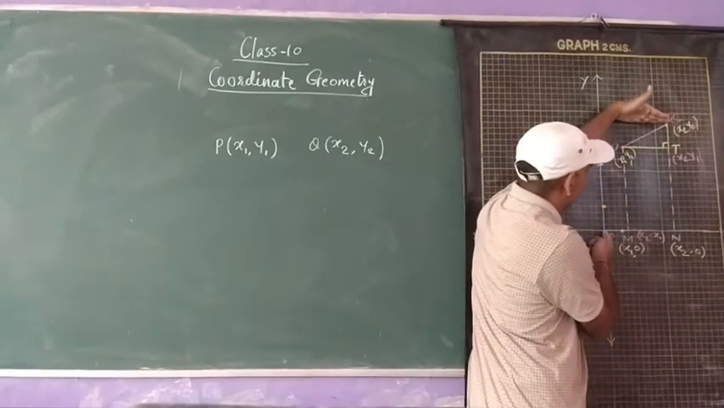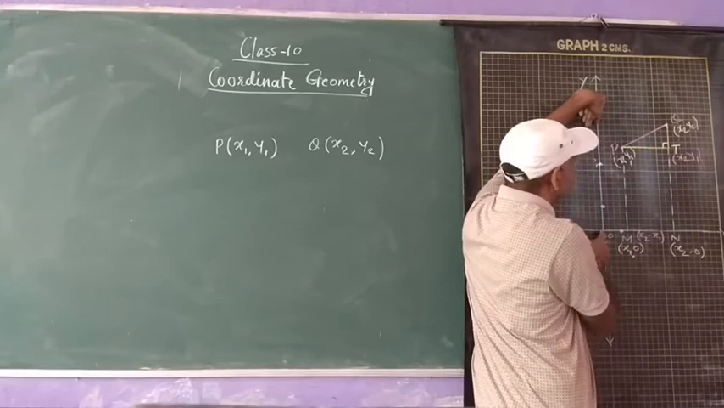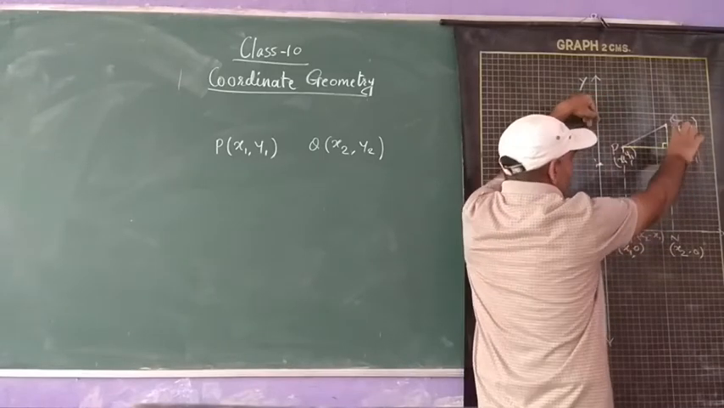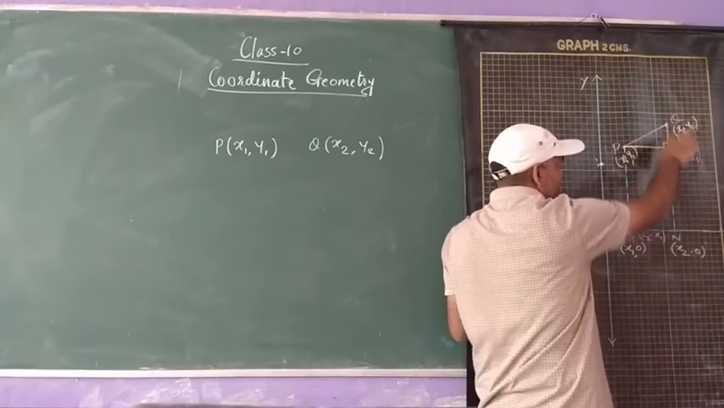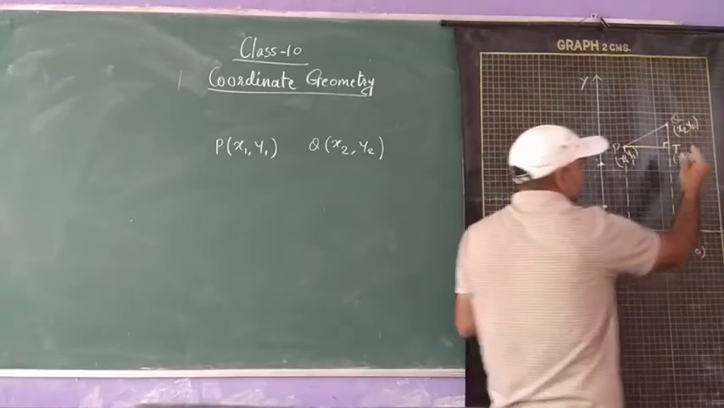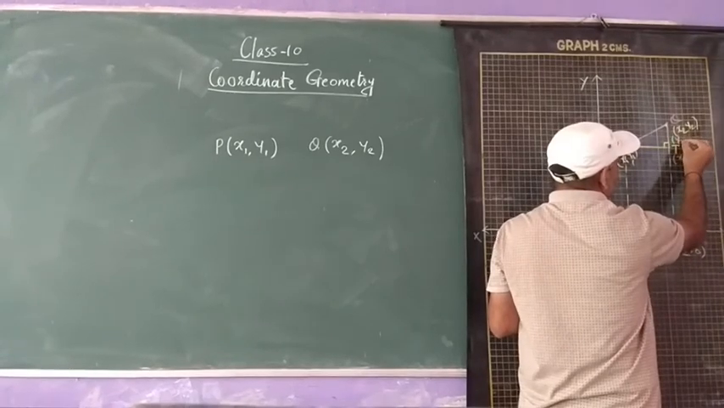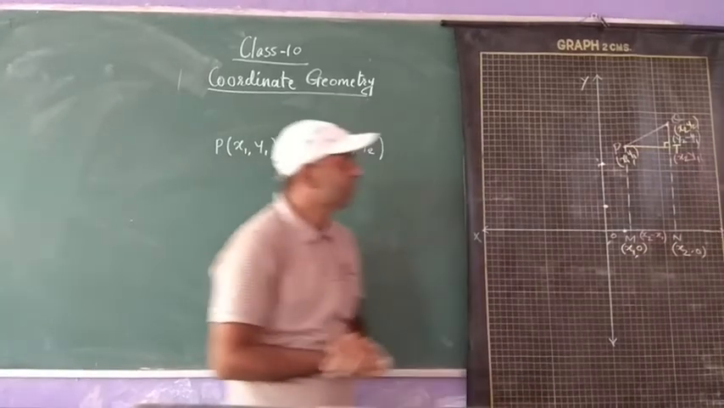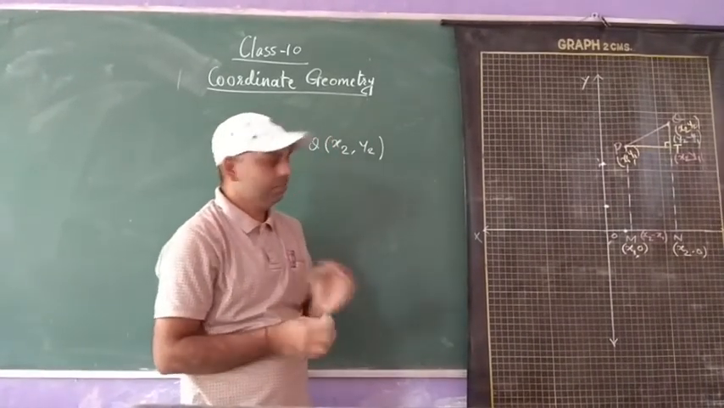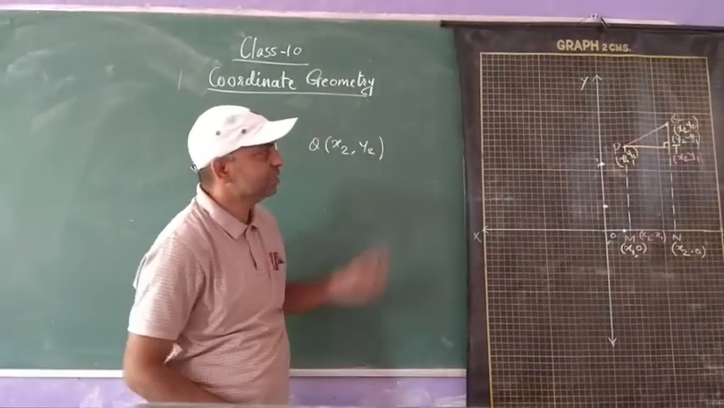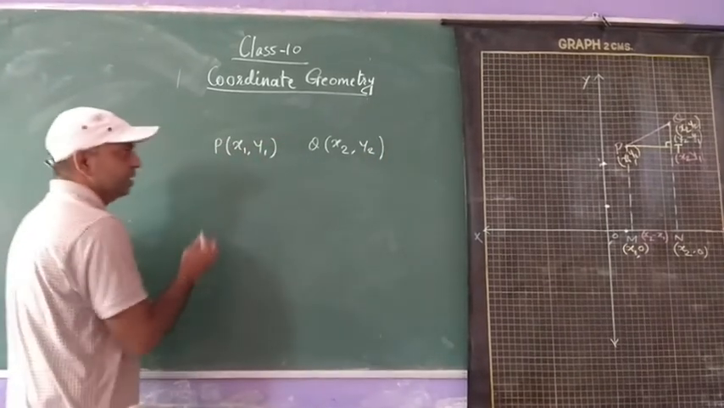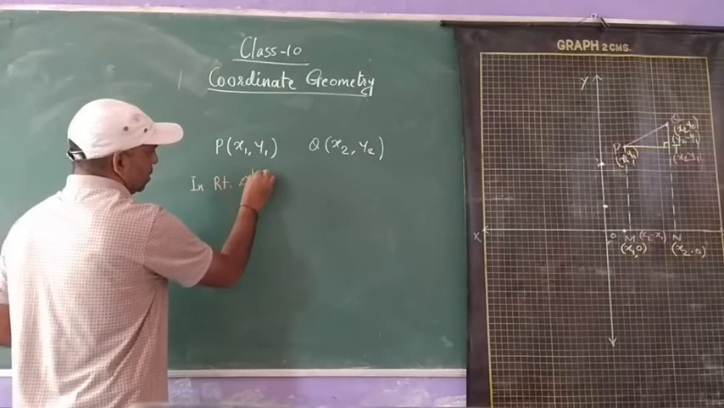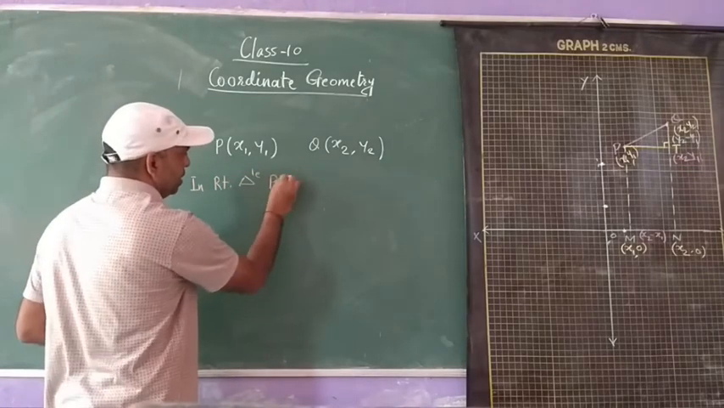So Q's distance from this line is y2, and from T is y1. So here this whole distance is y2 and this is y1. So this distance is y2 minus y1. Now we have to find distance PQ. So in right triangle PQT,